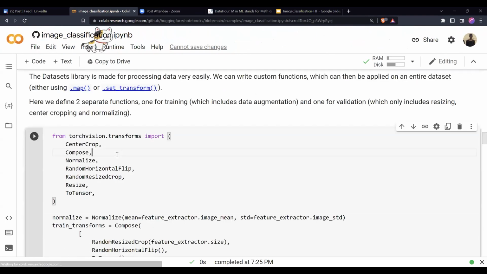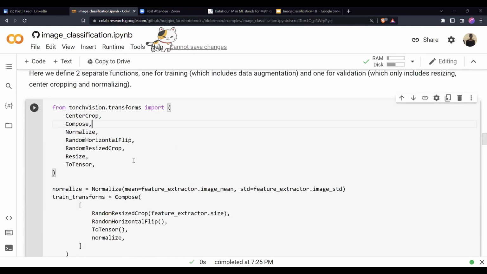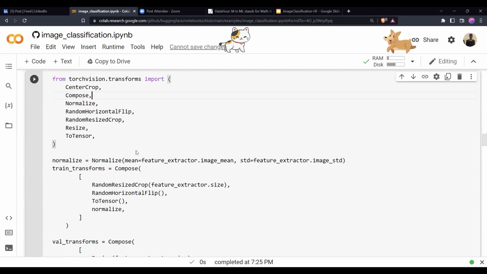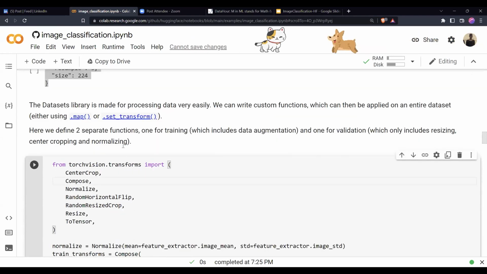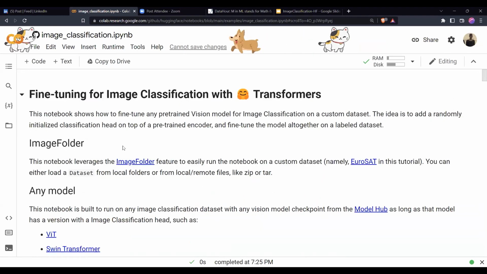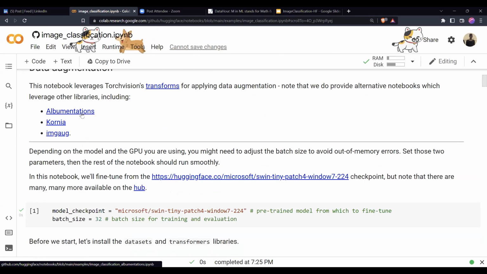Other than that, if required, we can add different kinds of augmentations here. You can use different frameworks to do the augmentations, like Albumentations, Kornia, imgaug, or anything.